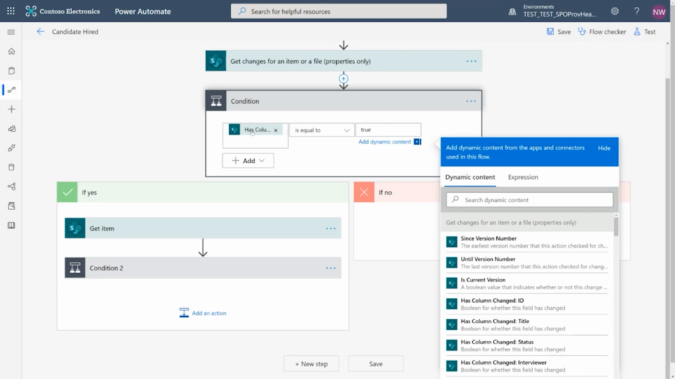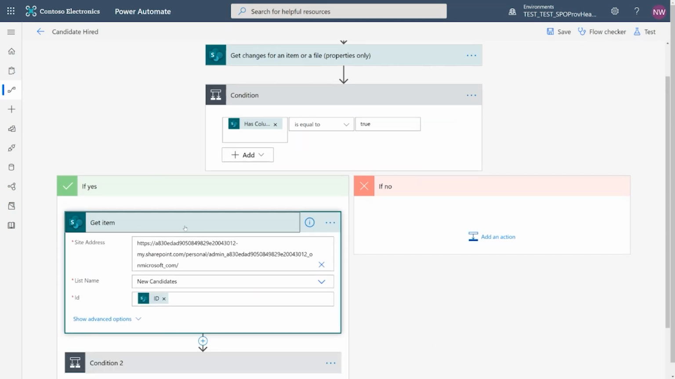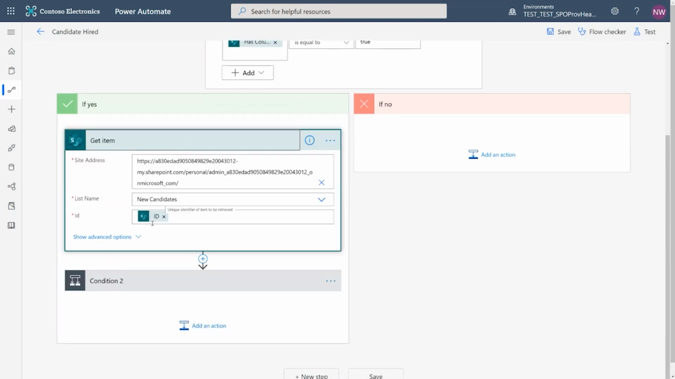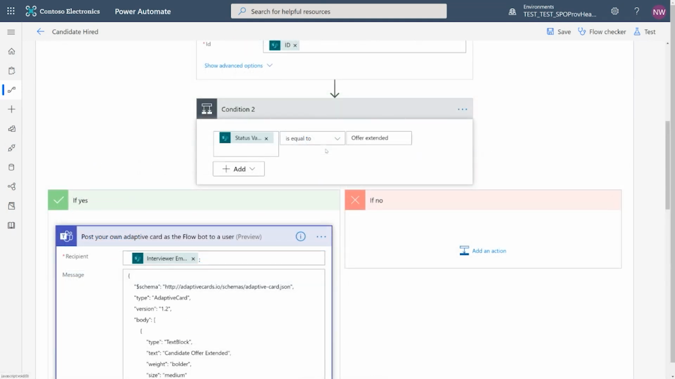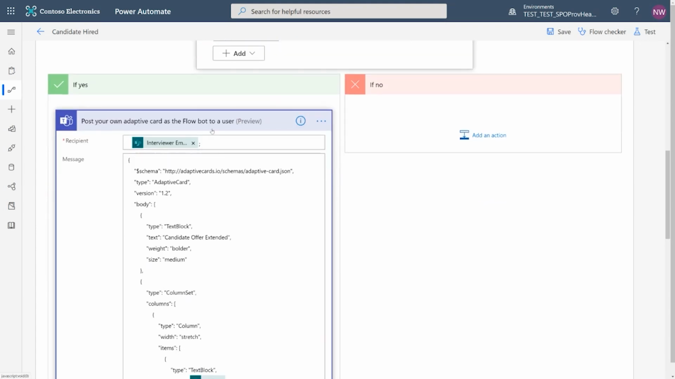Great. So now I put in here, has column changed is equal to true. That means the status column has changed. And then now I want to know what's the value of the status column. So I use the get item action to get the details about that particular ID, which is the particular candidate. So now I can check if the status value is equal to offer extended, and then send a message to